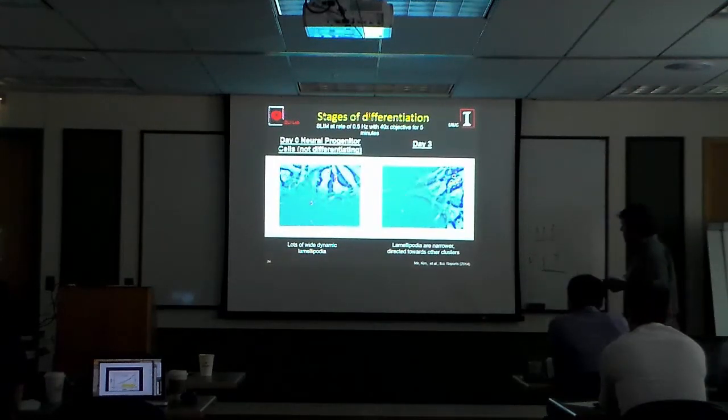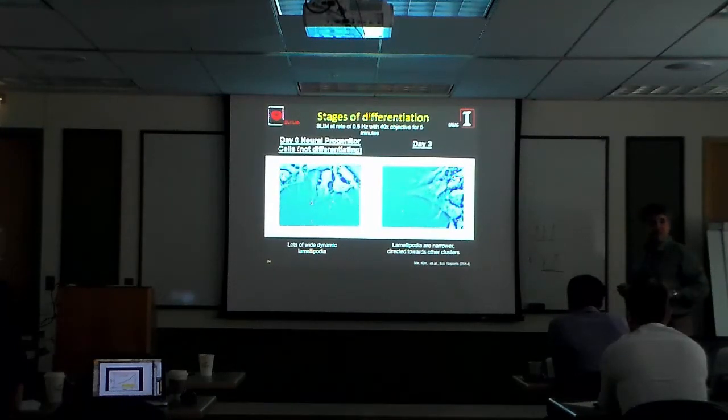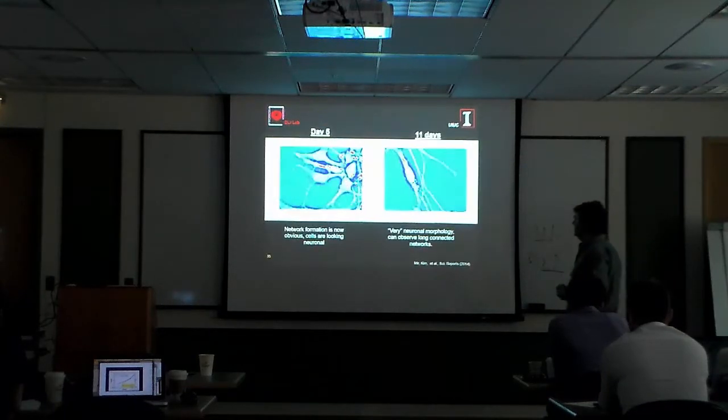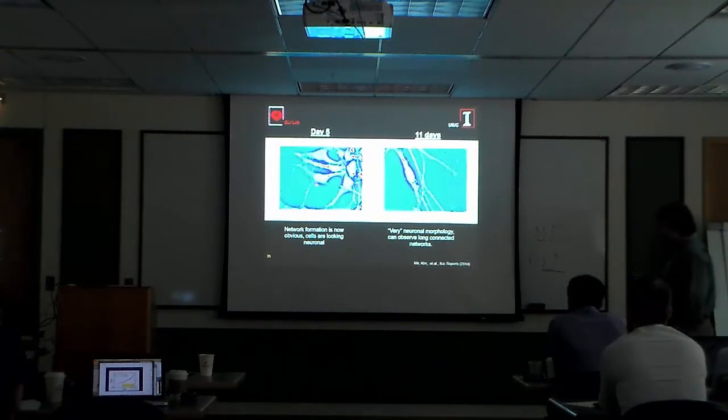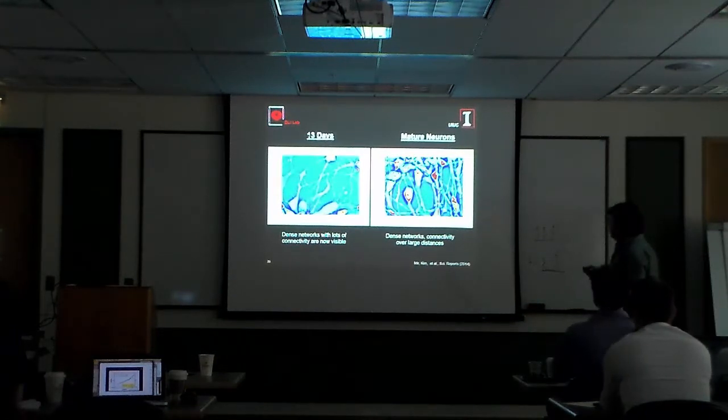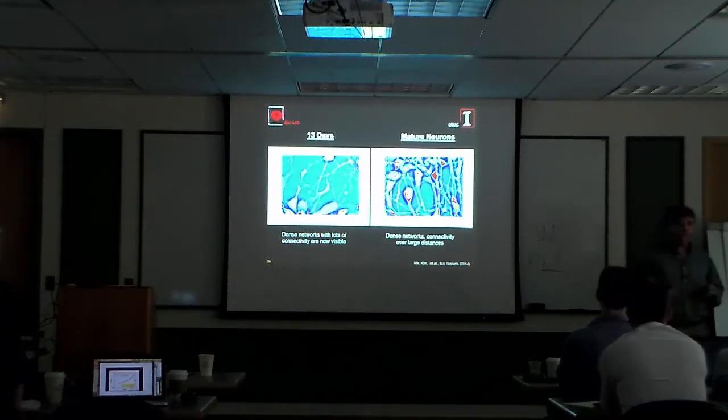Day 3, what you notice is that sharper structures start to form, but still nothing like neurons, right? They're closer to HeLa cells than anything else. Day 5, now you see the filaments that will become axons and dendrites start to form, right? Day 11, they're very, very close. So basically, we image these over 2 weeks. And eventually, you end up with a network that is fully formed. These are fully mature neurons that develop before our eyes.